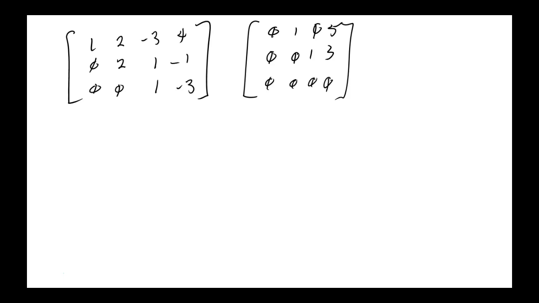Is it in reduced row echelon form? Yes, it is, because not only do those leading ones have zeros below them, they have zeros above them. Now, as a system of equations, I don't know what to make of this. That would be z is equal to 3 and y is equal to 5, and it doesn't matter what x is. So this would be something in the YZ plane with no X variation at all. You don't need to know that.